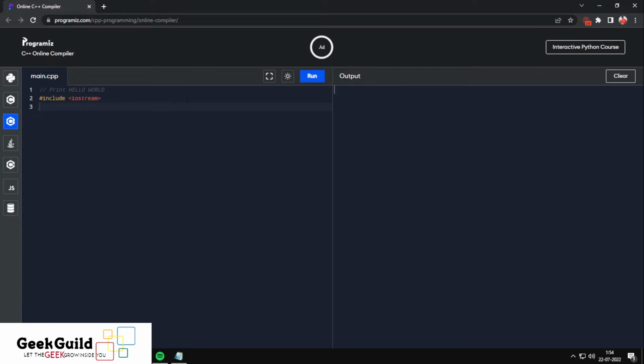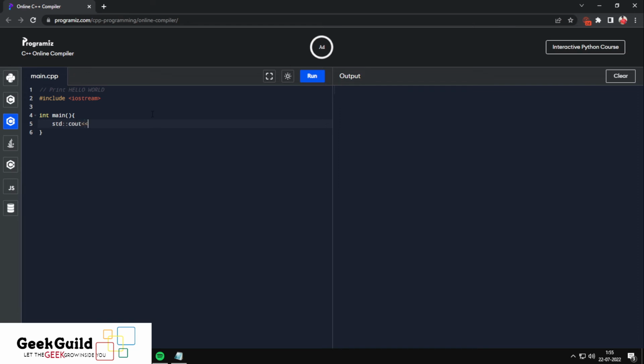So let's get started with coding in C++. First off, we'll be printing hello world in the first program. So let's start writing, and as you can see, we have already included the iostream package for the printing statement in C++. Okay, so we need to write now the printing statement, right, which will be std, then we'll put a double colon, and then cout,